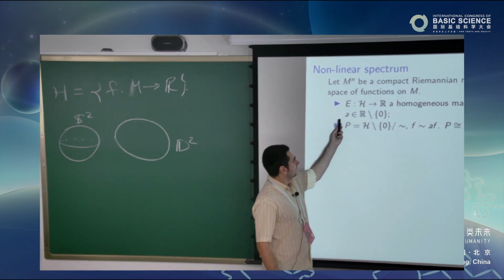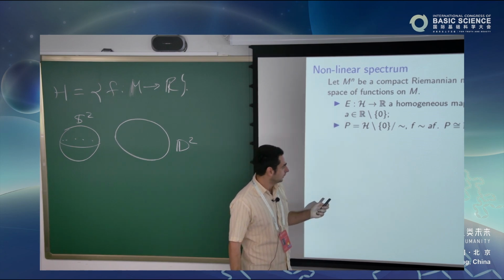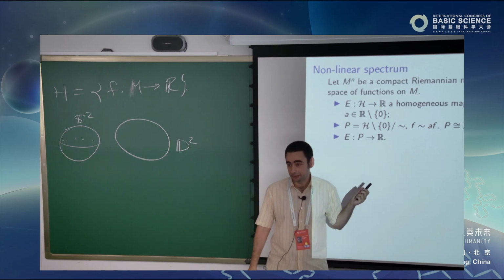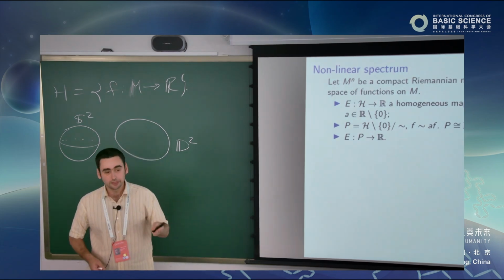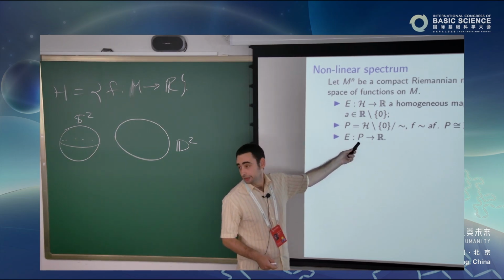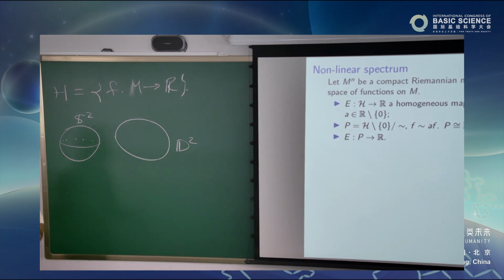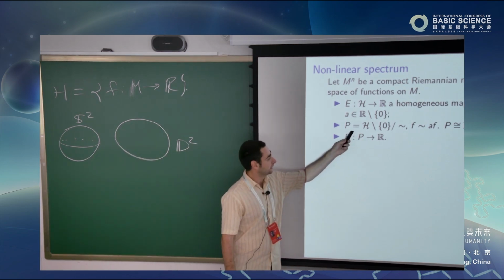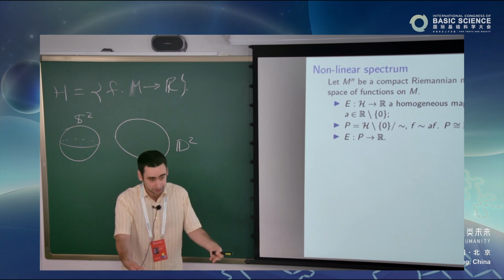And so what's nice about this functional is that you can projectivize this Hilbert space now and just consider your functional as acting on the projective space, on the space of lines. Right? So the value of the functional only depends on which line you are on. And so you can think about this functional now as a map from this infinite projective space into R. And what's really nice about homogeneous maps like that is that when you think of them as maps from the infinite projective space, you now suddenly have a lot of topology, and very nice topology, right?